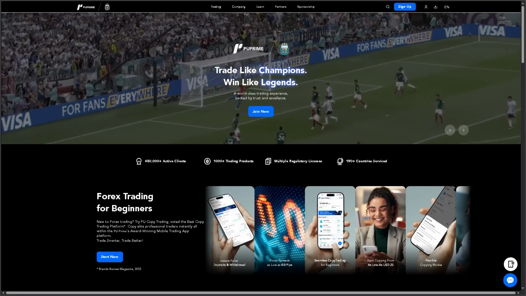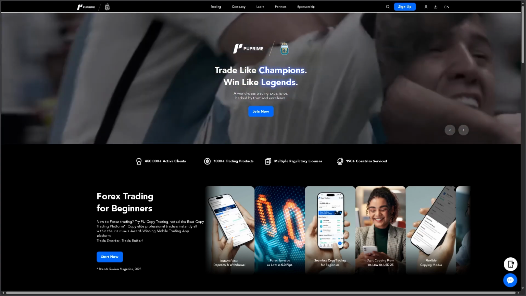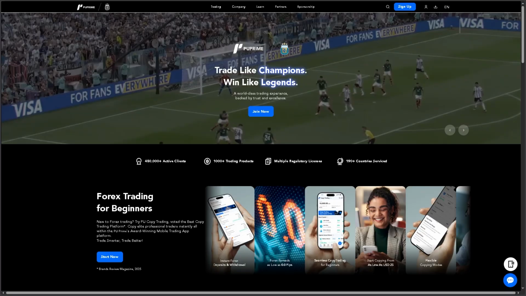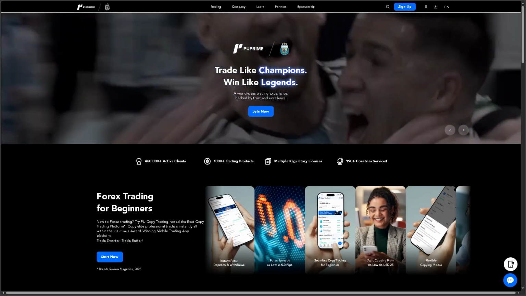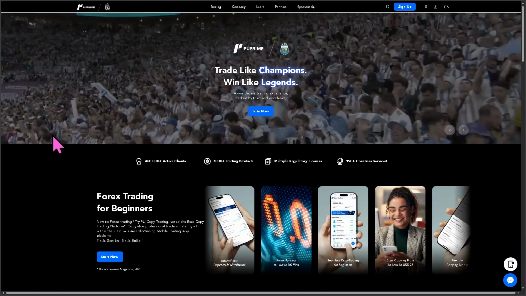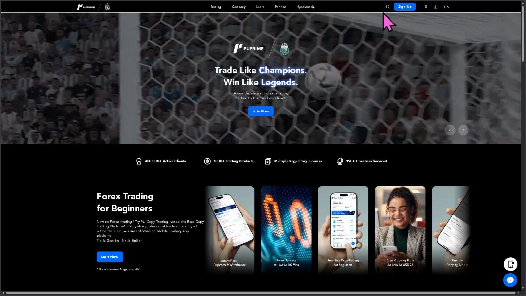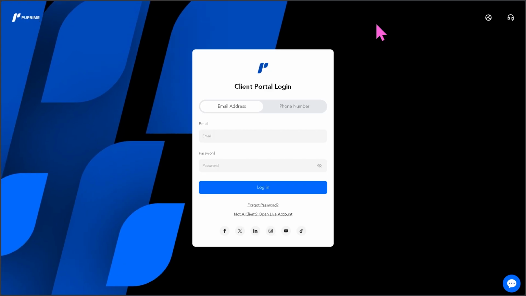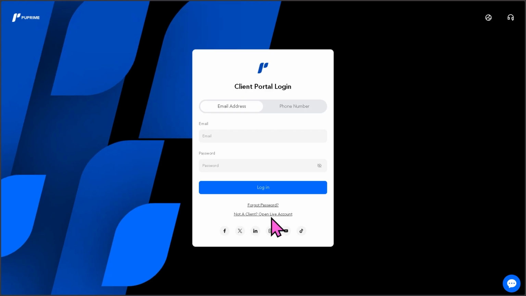In today's video, we are going to show you how to verify your account on PU Prime. So the first thing that you need to do is go to the PU Prime website and log in using your credentials. Now, if you haven't registered yet, this is going to be the perfect opportunity for you to create